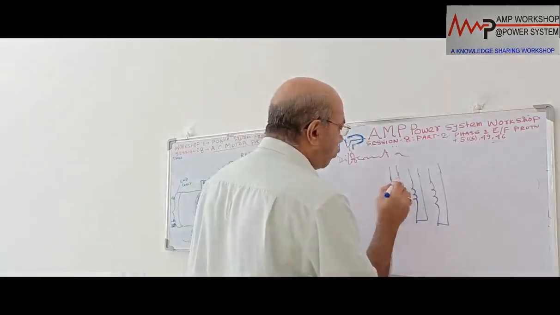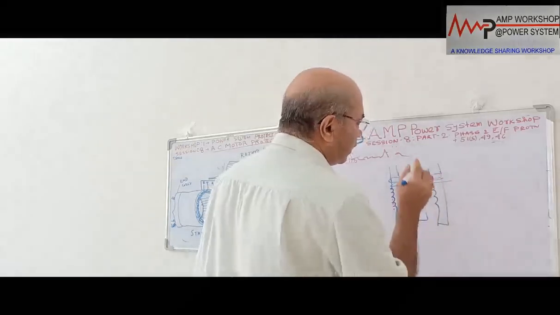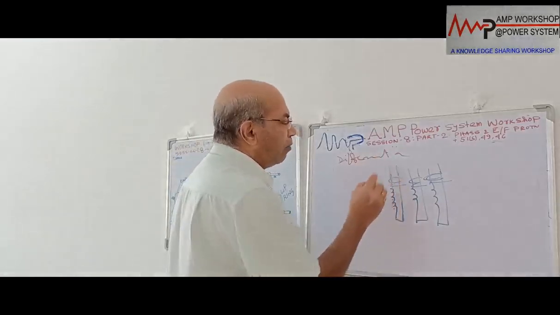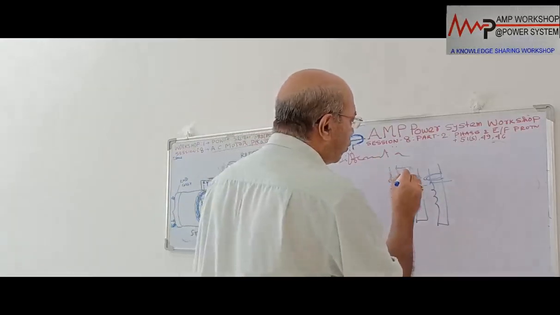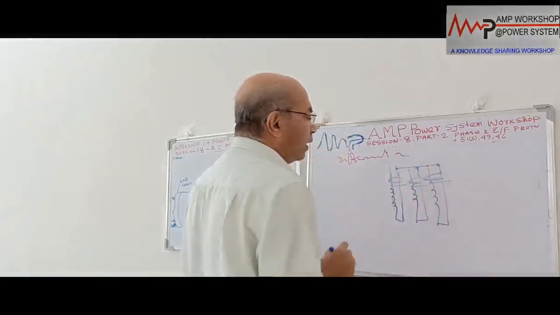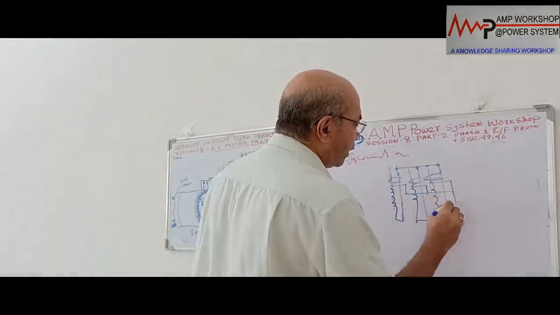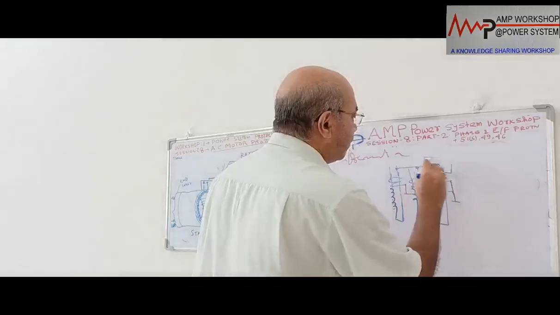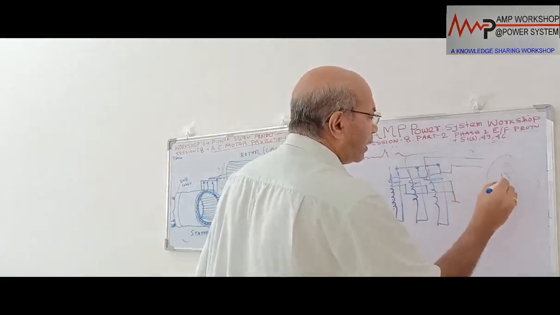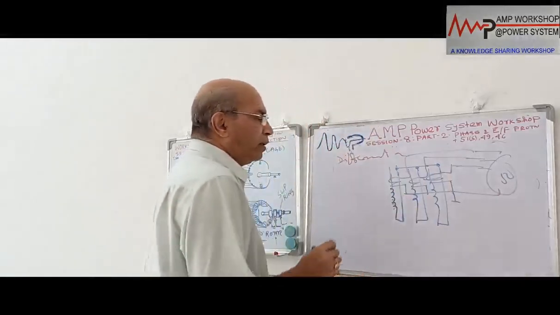In that case, we will put 1 CT over here, 1 CT over here, 1 CT over here. It is a ring type CT. Through the CT, both the leads, this lead and this end lead, will come over here, and then we will form the neutral over here. Suppose these are the 3 leads, we form the neutral point inside the box, and these 3 CTs will be connected, and this is the neutral of the CT, grounded, and then we connect the 50 relay over here. Okay, this is a 50 relay, either a 3-phase 50 relay we can connect, and the CT neutral is coming over here. So this is a self-balancing relay.